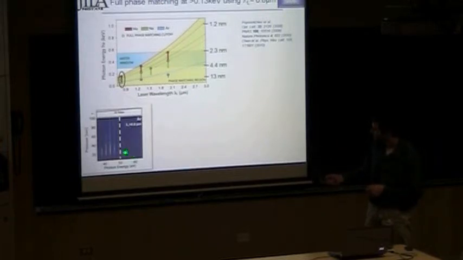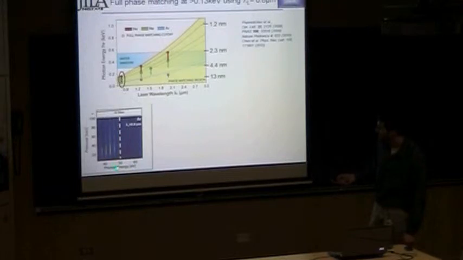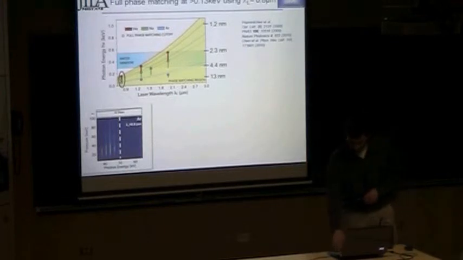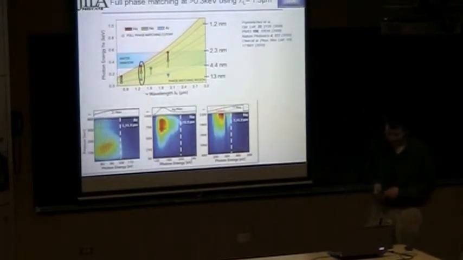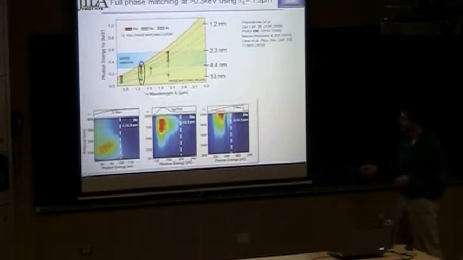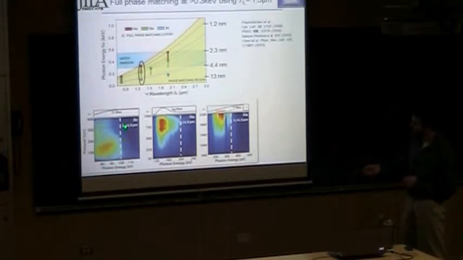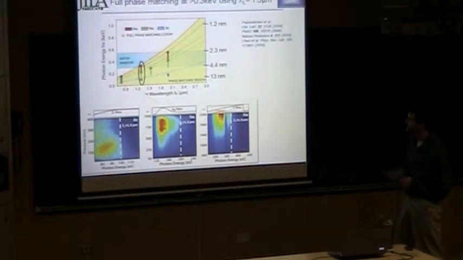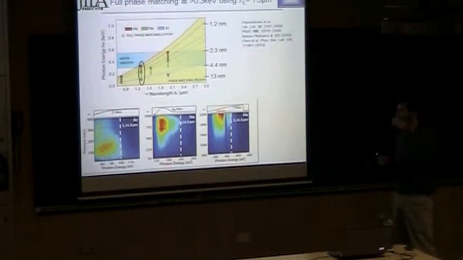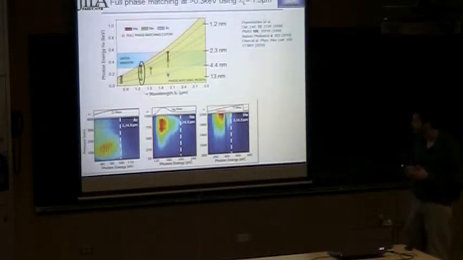And so for argon, with 800 nanometers, the phase matching cutoff is at about 50 eV, and the phase matching pressure is at about 30 torr. Then when we increase to 1.3 microns for argon, the phase matching cutoff jumps up to about 100 eV, which fits well with what we predict. And also notice that the phase matching pressure has gone up from 30 torr now to about 150 torr roughly.